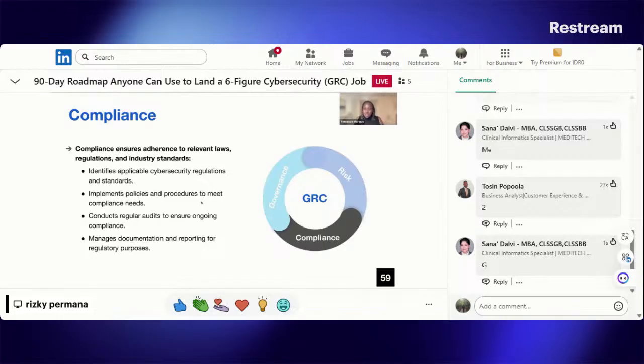Now compliance. Compliance, like I've said, I think they're the watchdog of the company. Think of them as the police of the company. Their goal is to make sure that the organization meets its legal, regulatory, and industry requirements. This could be through following frameworks like NIST, the National Institute of Standards and Technology, which has a couple of frameworks that they propose, or HIPAA or GDPR. It also involves documenting controls and processes, and preparing for audits and assessments.